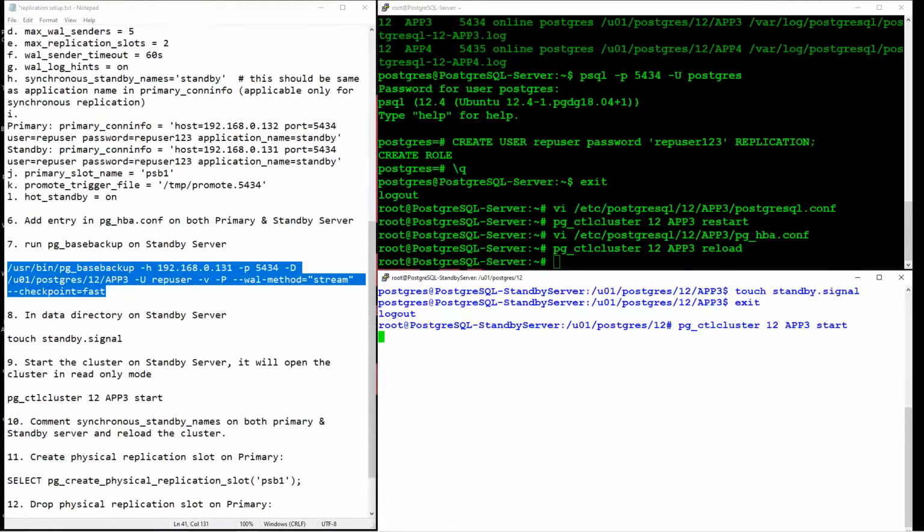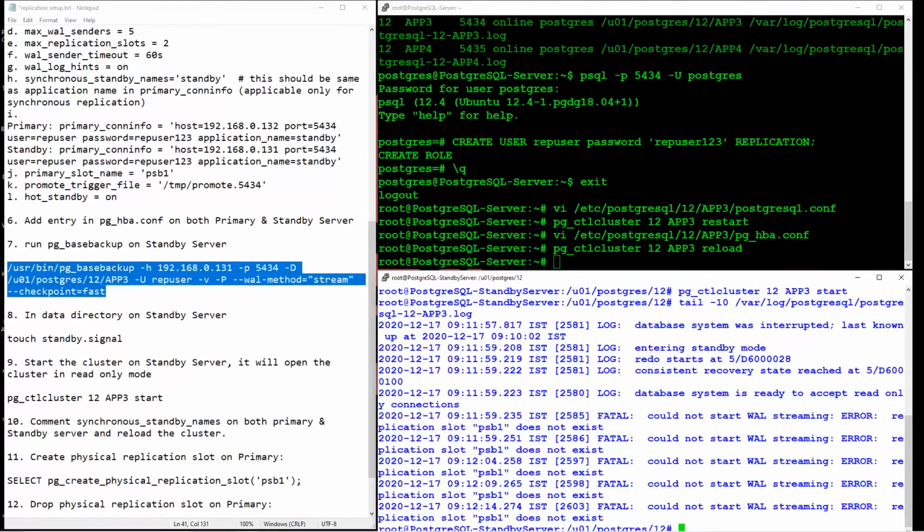I have started my cluster. Let me show the log. My standby database is ready, but it is saying that it is not finding the replication slot because I have not created that one.